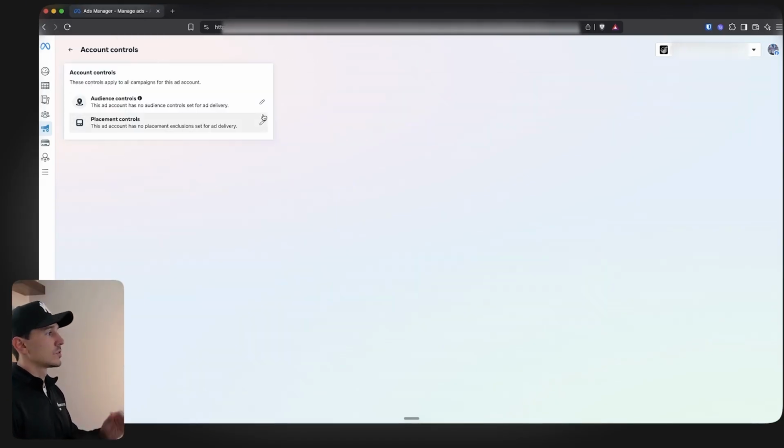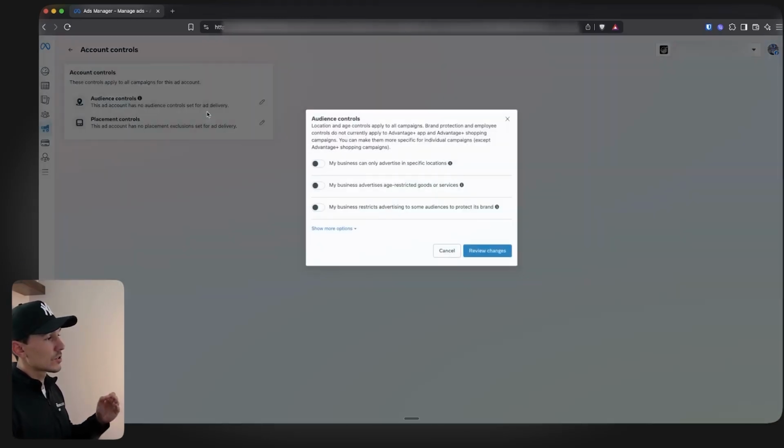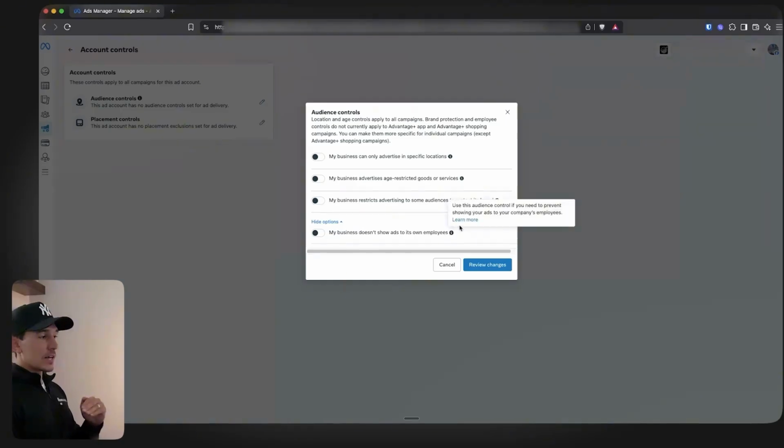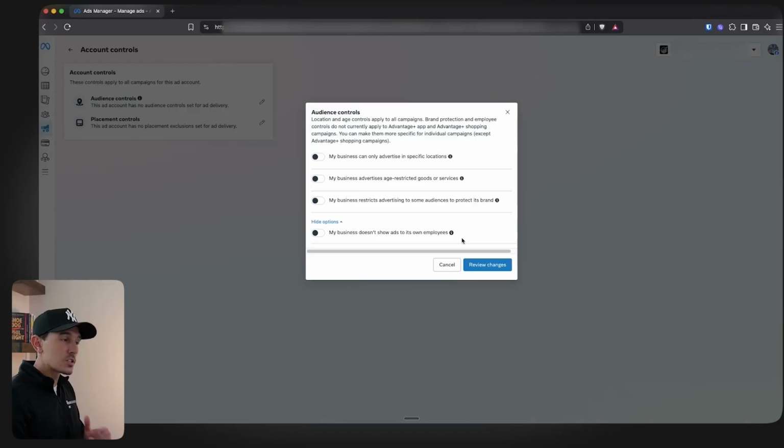Account controls. So what account controls do is there's two of them. There's audience controls and placement controls. Audience controls actually allow you to specify locations, age, and then if you're offering restricted advertising or restricted goods in advertising. Now, what I would advise in all cases is to leave this blank unless you actually have a truly